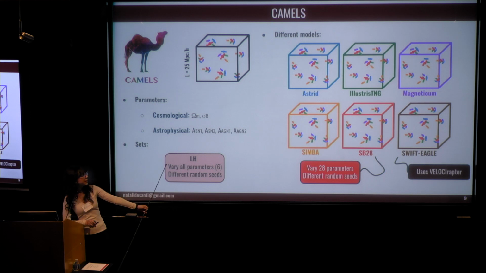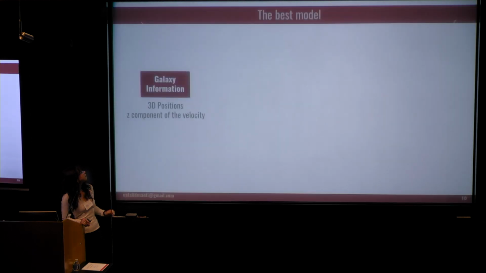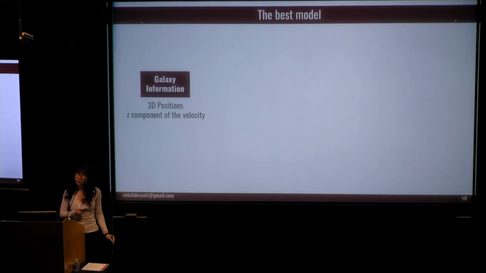And then in Swift-Eagle, this is a bit different because we are using another way to find these halos and subhalo structures, which is Velociraptor. In all these others, the halos and subhalo structures are found using SUBFIND. So that's it. In this work, we found the best model to have good predictions